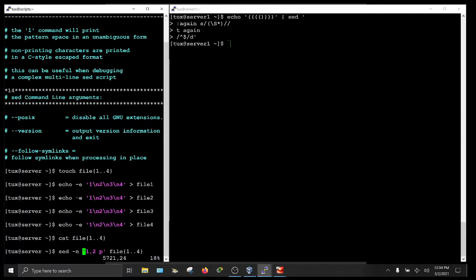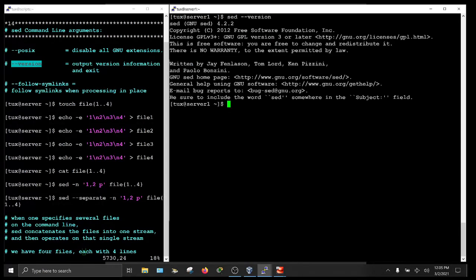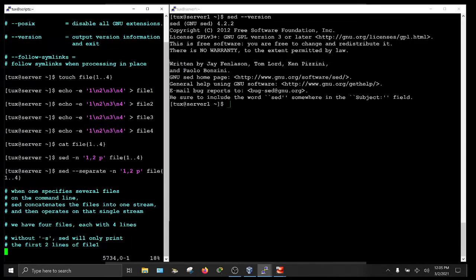Then the L command will print a pattern space in an unambiguous form. That might be useful for you later. I don't think it will be on the test. So a word about command line arguments. Let me clear the screen and let's take a look at the version of sed. Of course, it's created by GNU. The follow symlinks option will allow you to follow the symbolic links when processing. And I don't have a demonstration for that, but